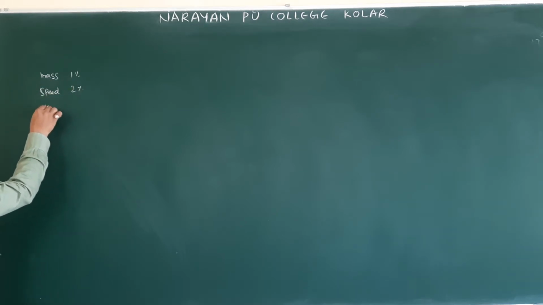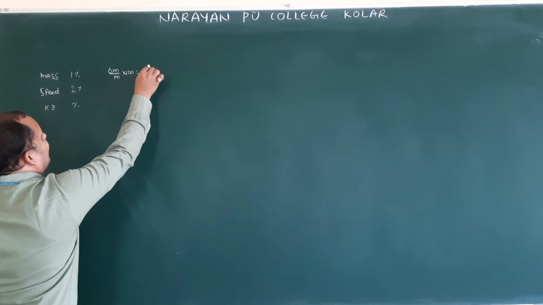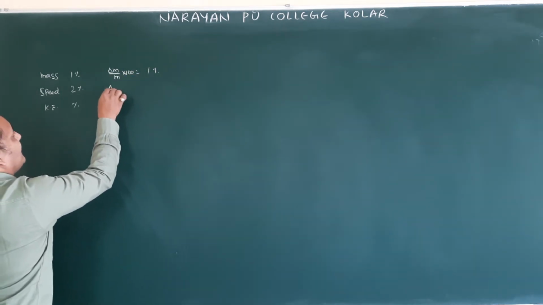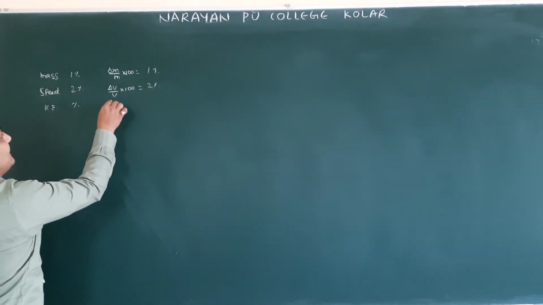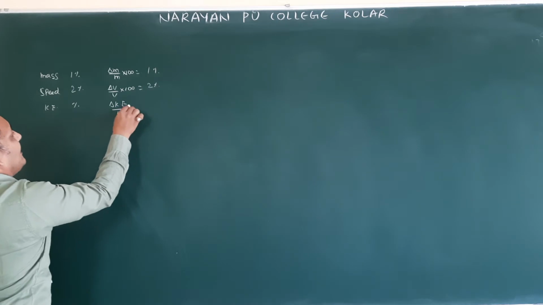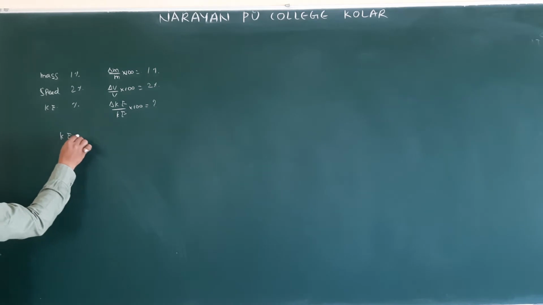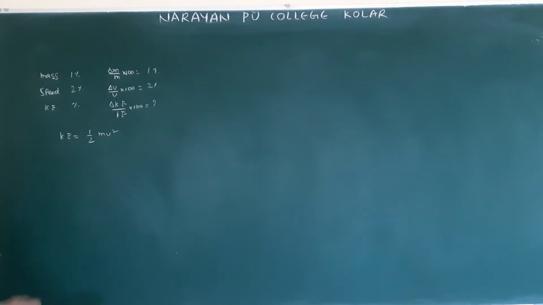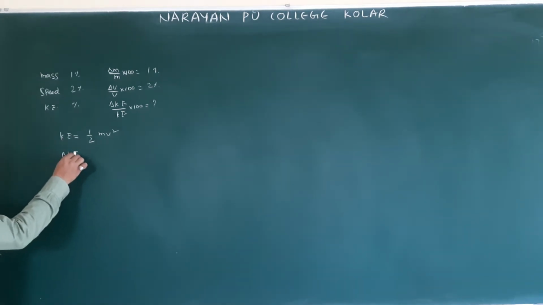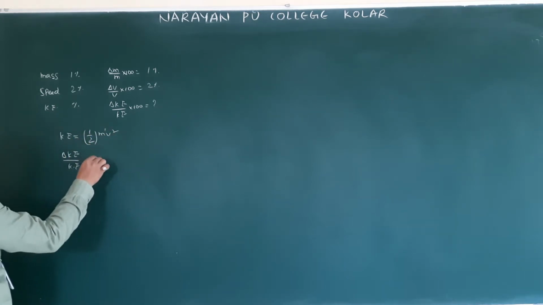Then what they are asking: in kinetic energy, what is the percentage error? In mass, they have given delta m by m into 100 is equal to 1%. Speed means delta v by v into 100 is equal to 2%. Kinetic energy: delta KE by KE into 100 is equal to how much? What is the kinetic energy relation? We came to know KE is equal to half m v square. The relation you should know, otherwise you cannot solve. So what is the percentage error in kinetic energy? Delta KE by KE is equal to... Because of half you won't get an error. M power how much is there? 1 into.